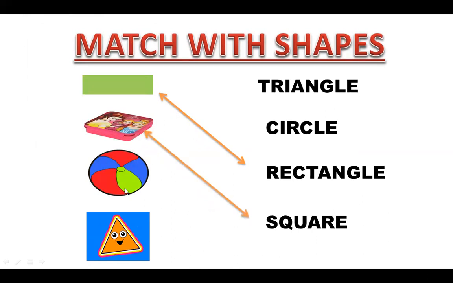Next, what is this shape? Circle. Where is it? This is what? Not the outlet, dear students. This one. What is the shape of this? Triangle. Okay, children. So this is match the following. Match with shapes. Okay. Clear? Means we learned here how to match with shapes, and we learned how to write the name of the shapes also. Please keep in your mind, we gave only a few shapes, not so many.